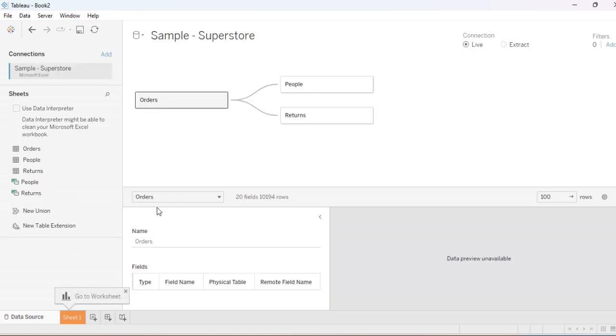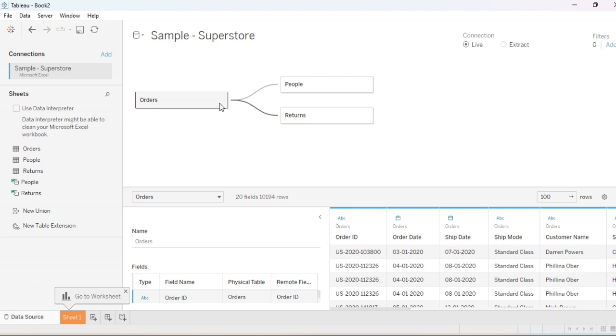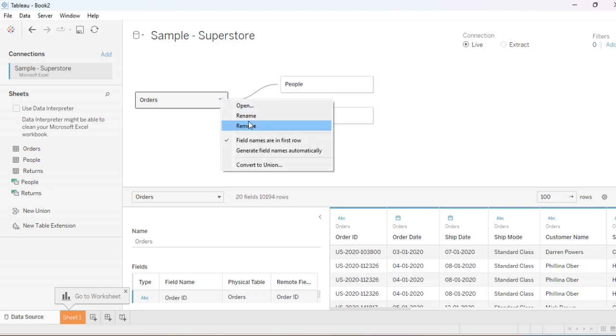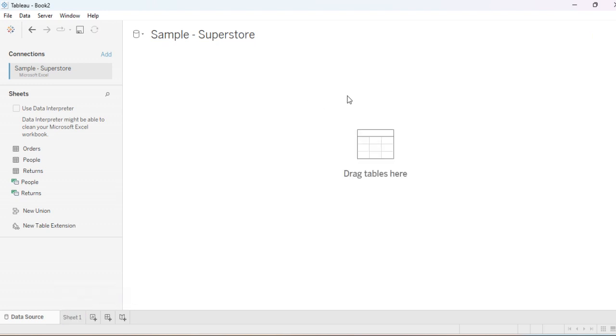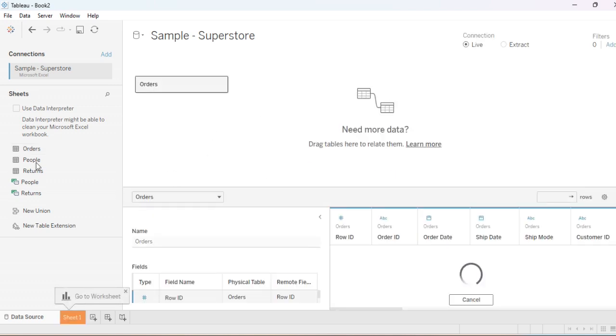As you can see in the data source, Tableau by default makes the relationships in this table. So I will remove these relationships first. Now we have a blank sheet here, there is no data. When I drag the orders table into this blank sheet, this is our first table, and when I drag the people table into this sheet,